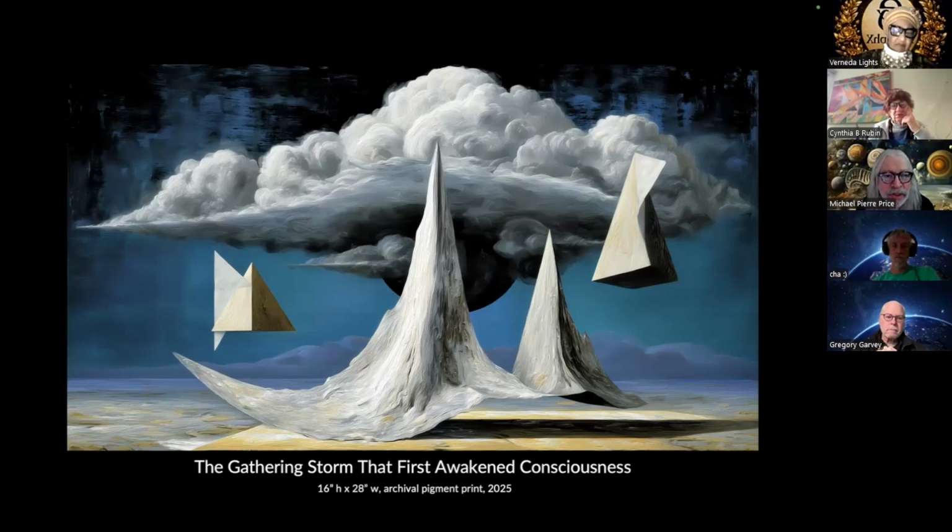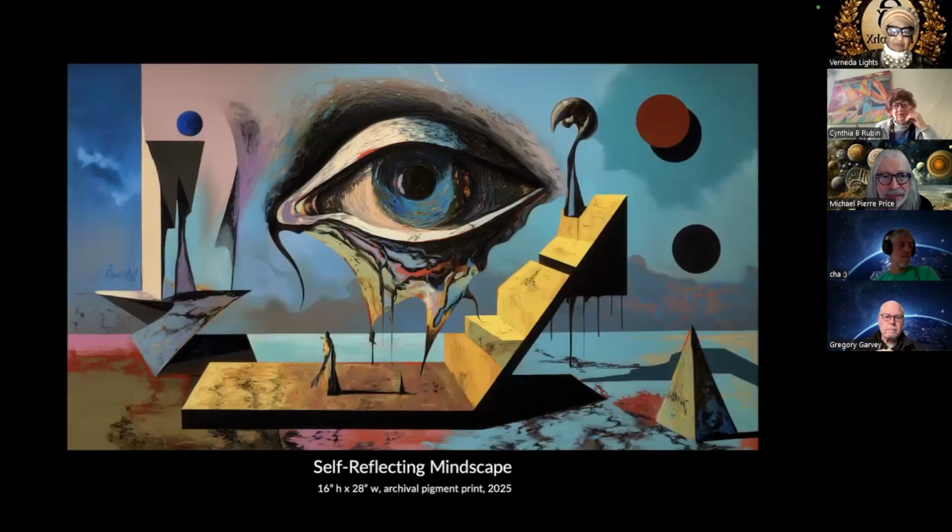I was exploring the idea of consciousness within all life. This first artwork is about the rudimentary existence of consciousness within the most basic forms of life, and how that's existed now for hundreds of millions of years. The next image was looking at higher life forms that have self-awareness, that are aware of their existence and the world around them.